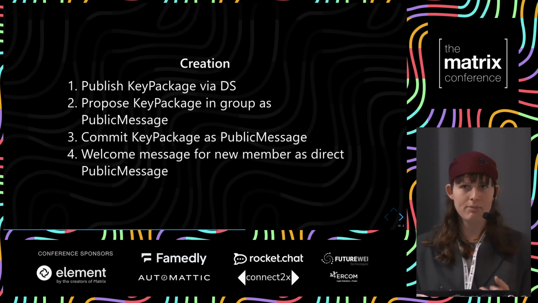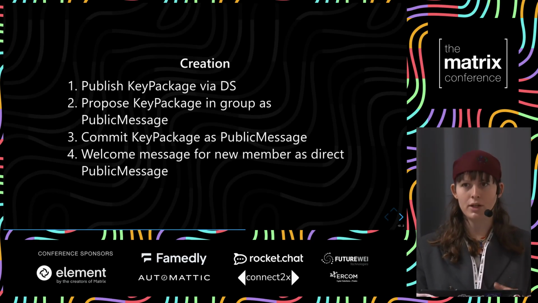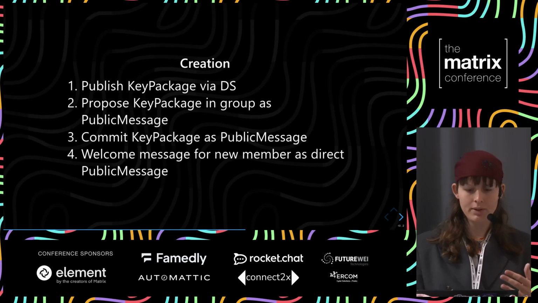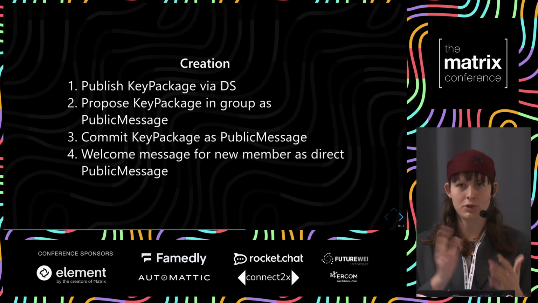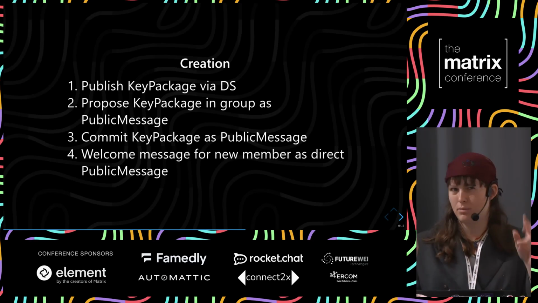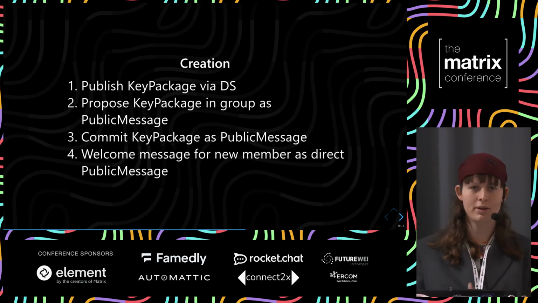So I grab the key package of Alice and propose it in a public message in a group. A public message in MLS terminology is a message which is not encrypted, so in Matrix terms, it's a state event,